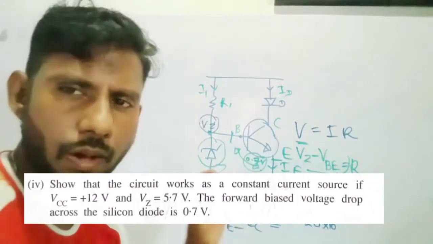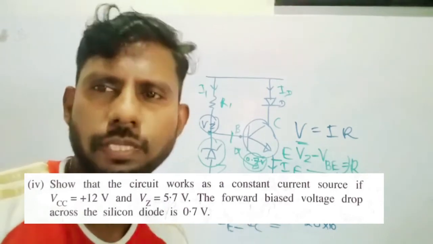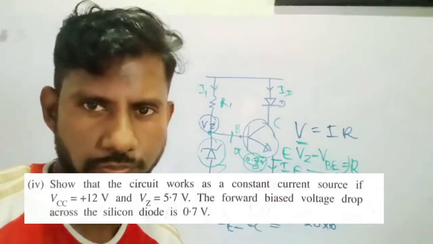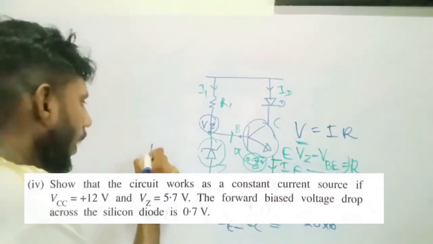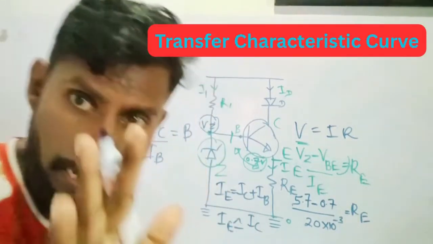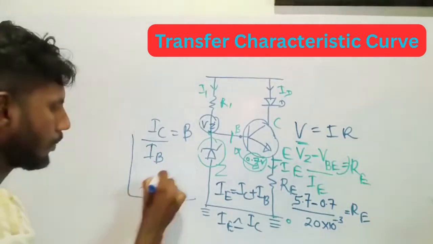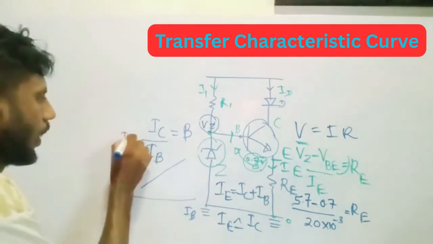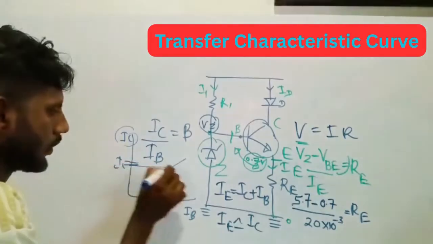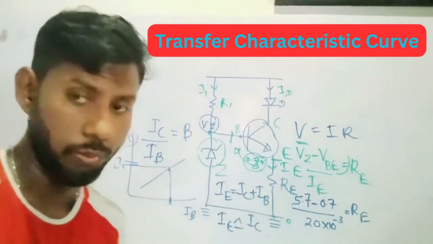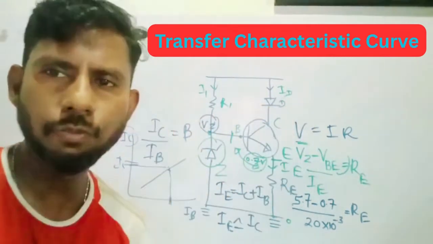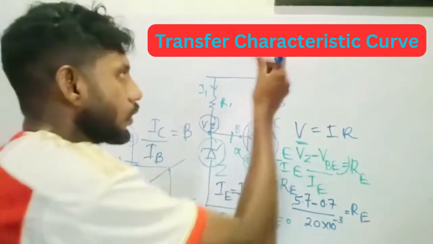To supply a constant current, you should know this actually, the transistor must be in the active region. Now IC over IB equals beta. In active region, it's directly proportional. You change IB and IC will vary. So you have to make sure IB is constant, and you have to make sure the transistor is in active region. So if VCC, the supply voltage, is 12 here,